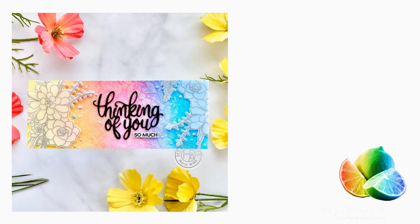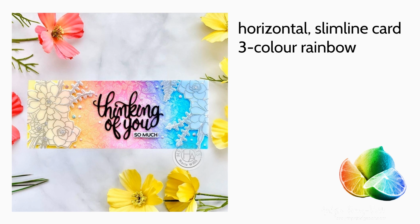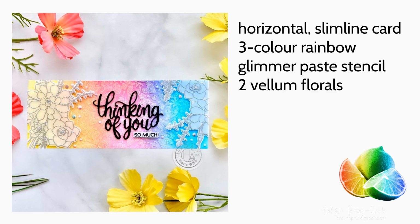Now here's the inspiration I chose from Maria. Let's start again with List. It's a horizontal slimline card with a rainbow background that was created with 3 colors, yellow, pink, and blue. The background has some stenciling on it with glimmer paste, I think. There are 2 floral vellum elements, 1 on each end, and a big black die cut sentiment with a smaller